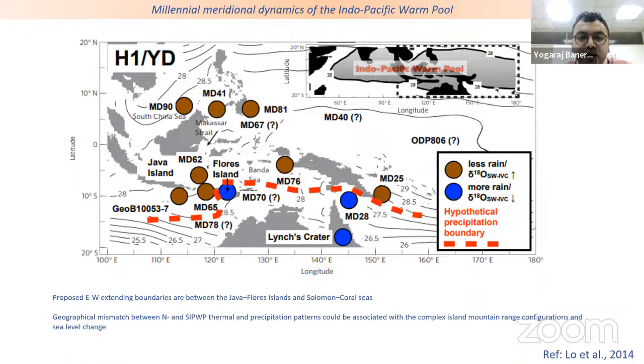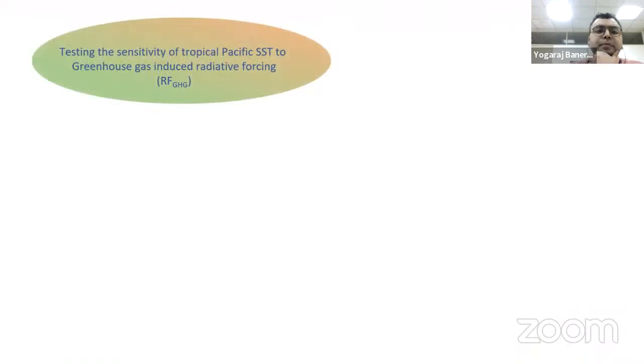So that has been used as a criterion to distinguish between the northern and the southern part of the Indo-Pacific warm pool in terms of precipitation difference. And this difference in precipitation could be associated with the complex mountain range configuration and the sea level changes that the authors proposed in their paper. And the next work was about testing the sensitivity of tropical Pacific